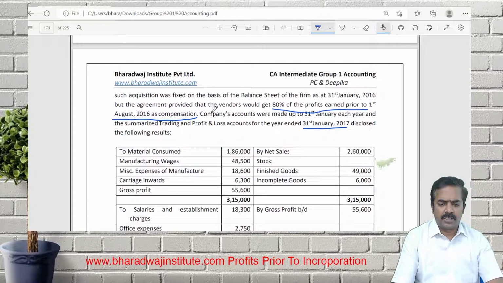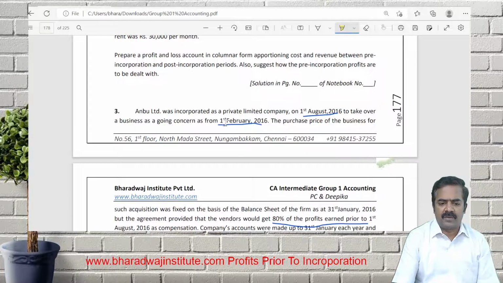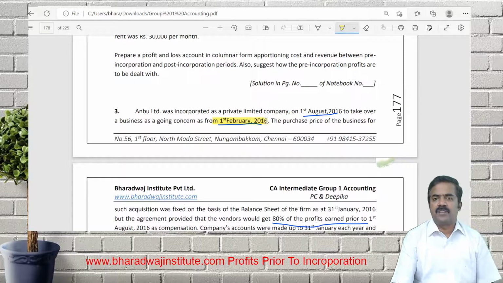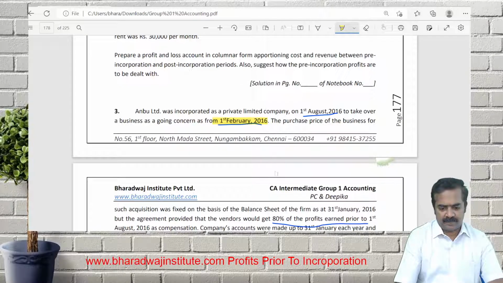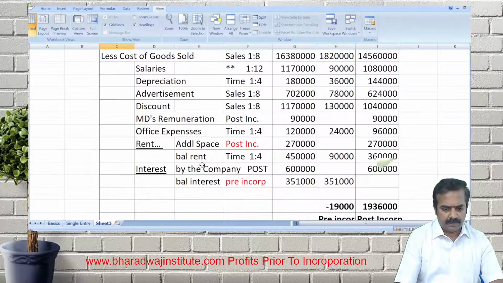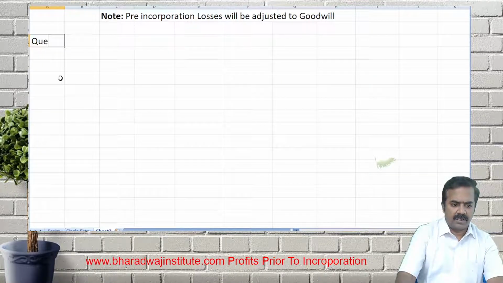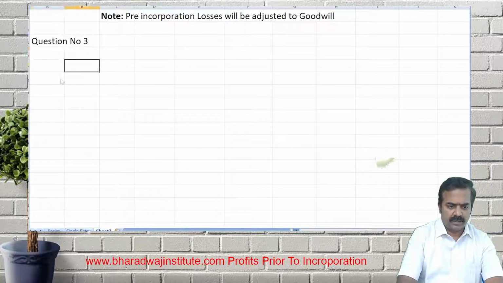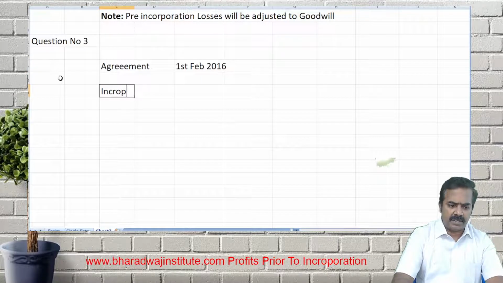When the final accounts are prepared, is it on 31st December or 31st January? 31st January. Oh, January 31st. So they are following an accounting year like February to January. February to January. So 12 months, it will cover a 12 months period. Start. Question number 3. Agreement date. Agreement was signed to take over from 1st February 2016. Incorporation on